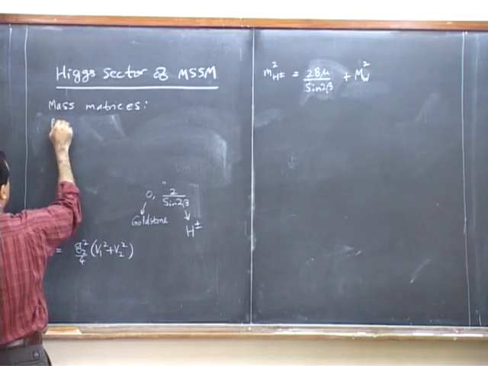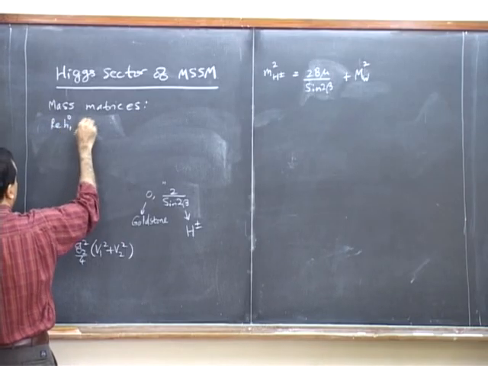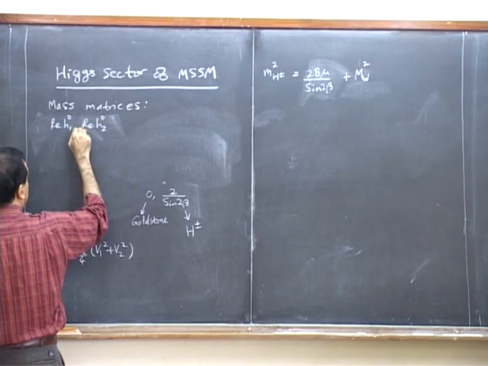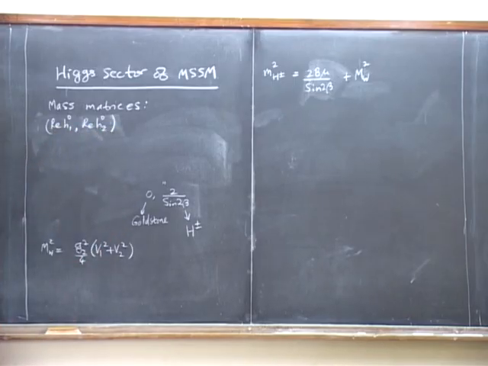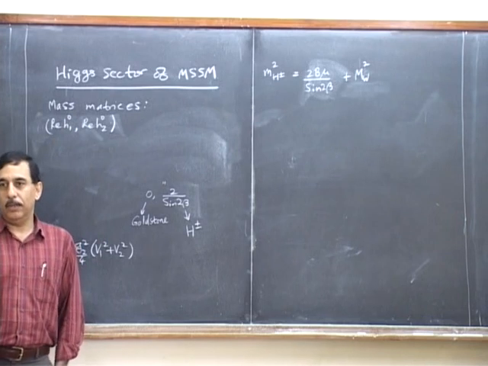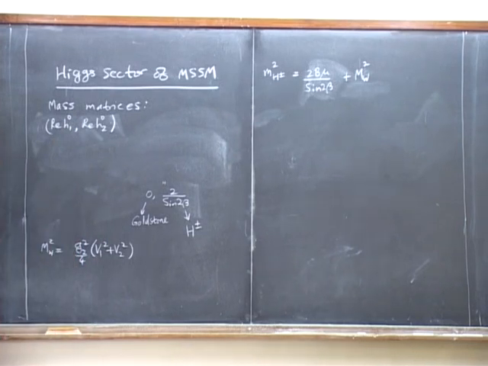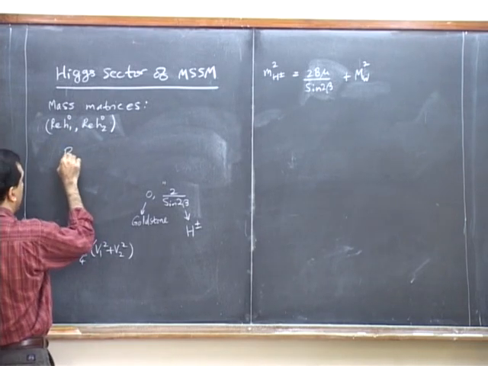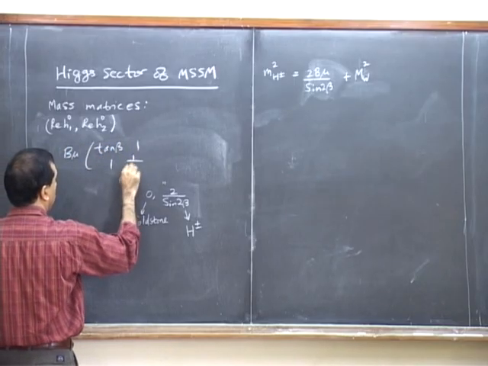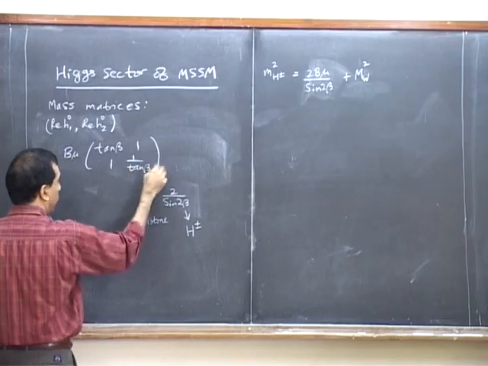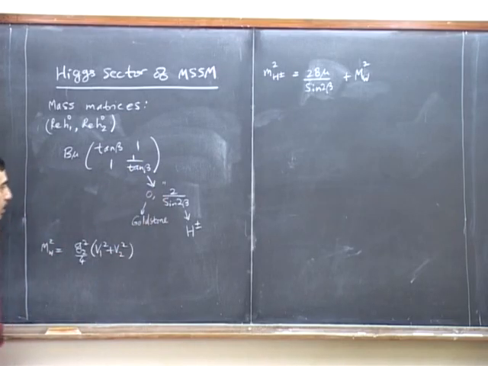So this was real H1 0 and real H2 0. So H1 and H2 are complex doublets. So each of the doublets has a neutral part, and each of the neutral parts has a real part. So that's these two. And here we found the mass matrices to be very simply B mu into tan beta, 1 and 1 by tan beta. So the eigenvalues are precisely the same,